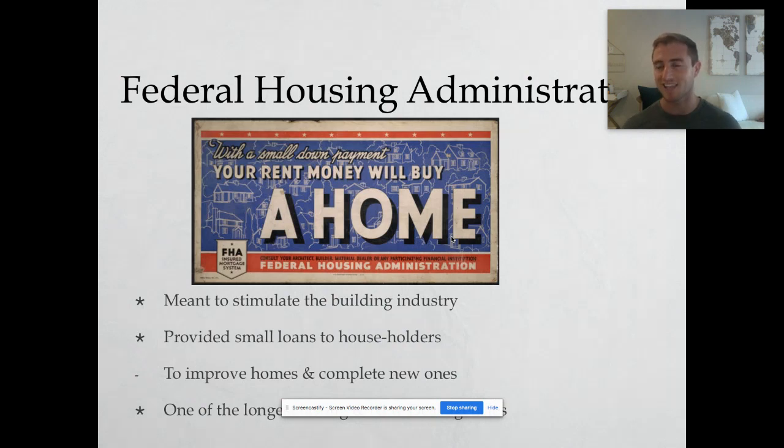Also, one of the longest lasting impacts of the Great Depression was the Federal Housing Administration giving small loans to people looking to buy a home. And so this is going to help stimulate the construction industry. This is still around today. When Mr. Hill eventually buys a home with his wife, he is going to look to the Federal Housing Administration